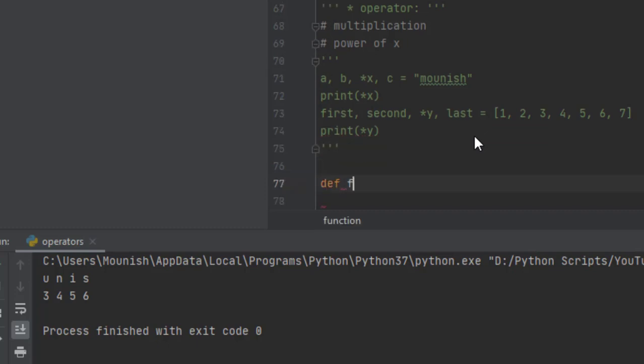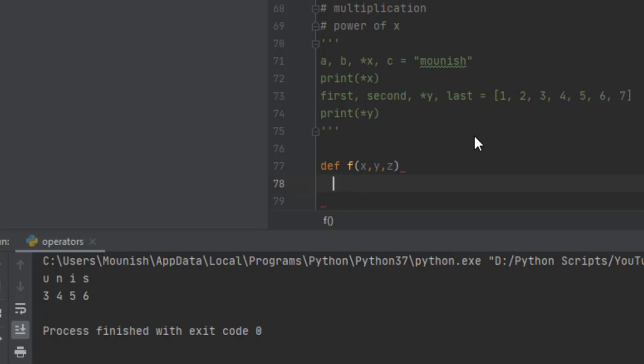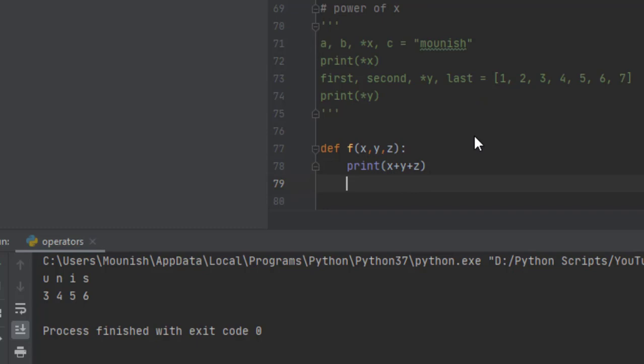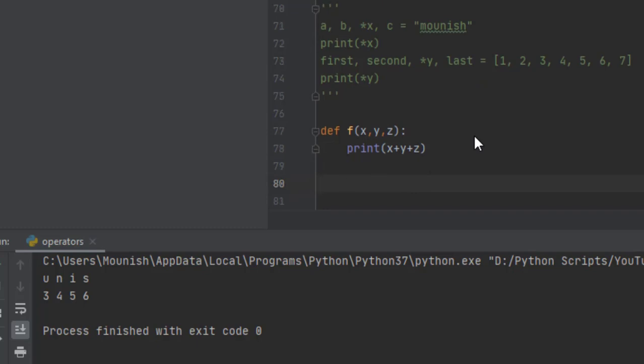I'm defining a function called f, and f takes three values x comma y comma z, and there should be a colon. What does it do? It is printing out x plus y plus z. But the funny part is I am not having three separate values of x, y, z. I am having a list. Let that list be 1 comma 2 comma 3.